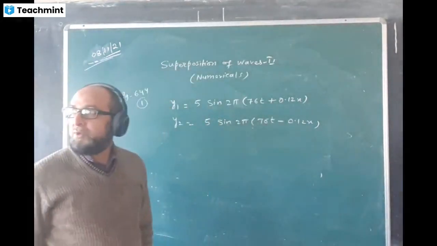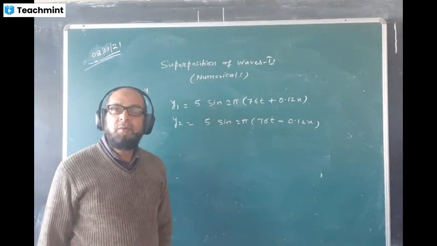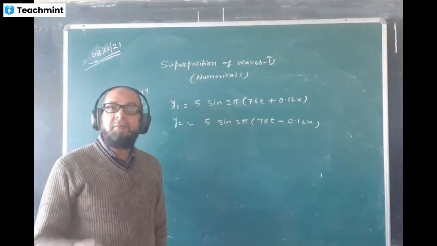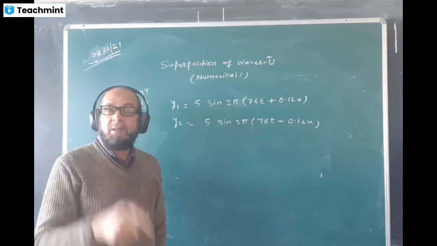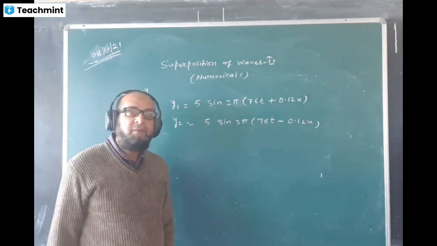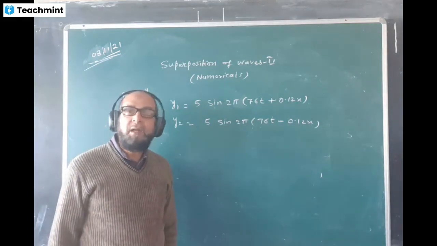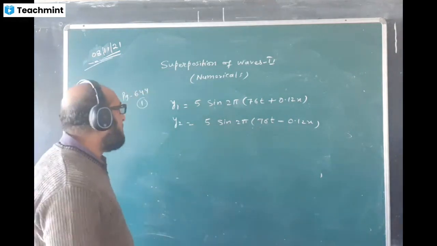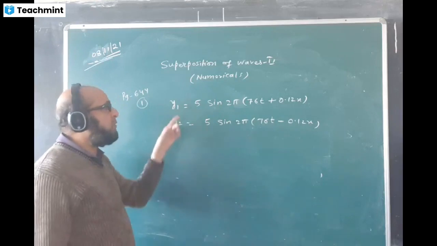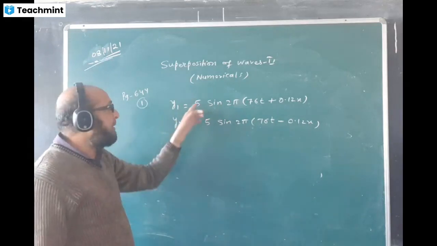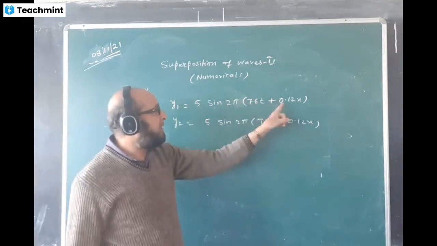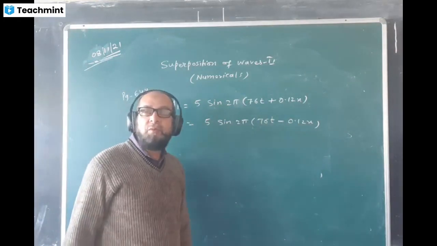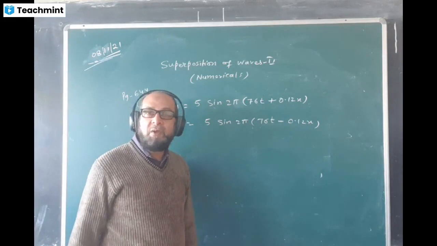Separation between the two nodes is equal to lambda by 2. Even separation between two antinodes is also lambda by 2. And between one node and antinode is lambda by 4. Remember it. So first I'll find lambda value and then I'll divide it by 2 and I'll get the separation. Okay. So even these two equations will represent stationary wave because amplitudes are same and they are in opposite phase, plus 0.12x, minus 0.12x. These two equations represent stationary waves or standing waves.